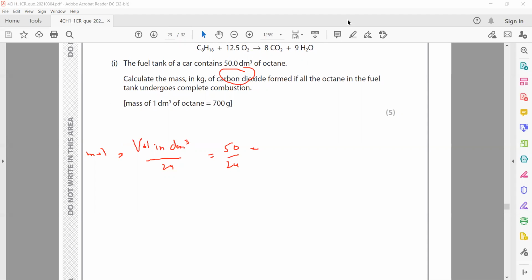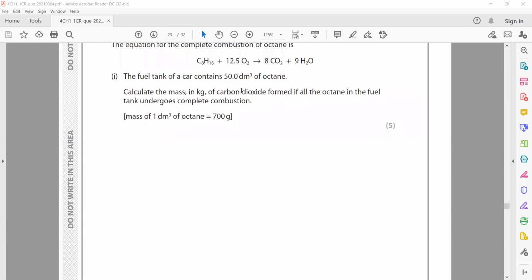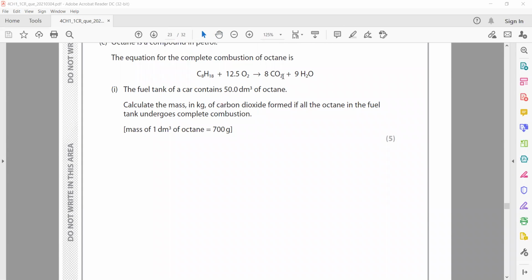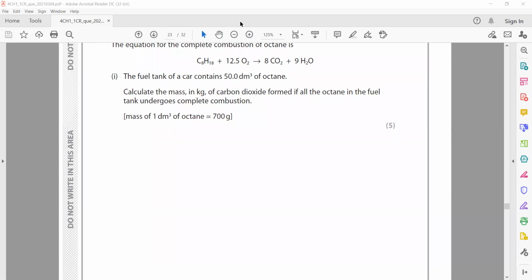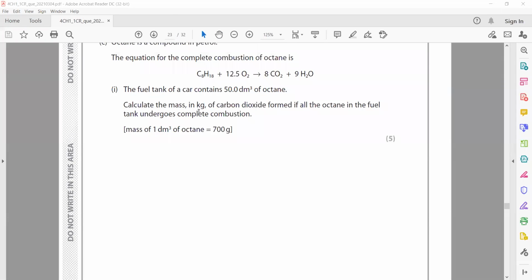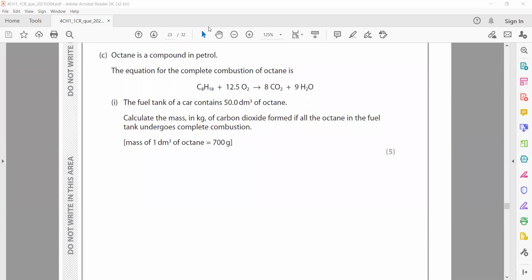The formula which we normally use, volume in dm cube divided by 24, is for a gas. As the state is not mentioned, normally petrol is in a liquid state and it vaporizes during combustion, so that might not give us the correct answer. That's why they give you the hint here, 1 dm cube equals 700 grams. So if you have 50 dm cube, it will be 50 multiplied by 700, which gives 35,000